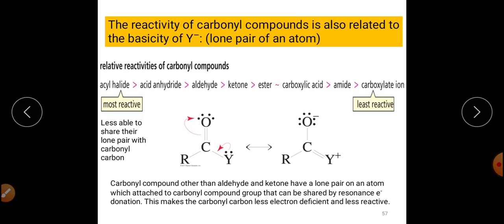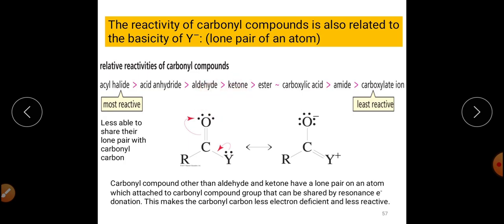If we replace R or hydrogen of aldehyde and ketones with a group Y, we can draw a general trend of the reactivity of all the carbonyl compounds, and that is basically related with this group Y. If we study the relative reactivities of all the carbonyl compounds, like acid halide, anhydride, ester, carboxylic acid, amide, the trend of these compounds you have studied already in semester number 3rd, and in semester number 4 you are studying about the aldehyde and ketones only.